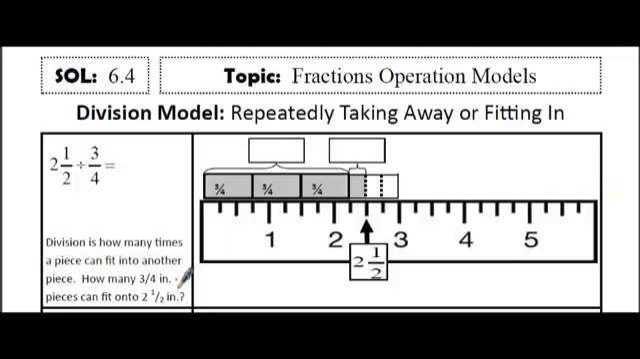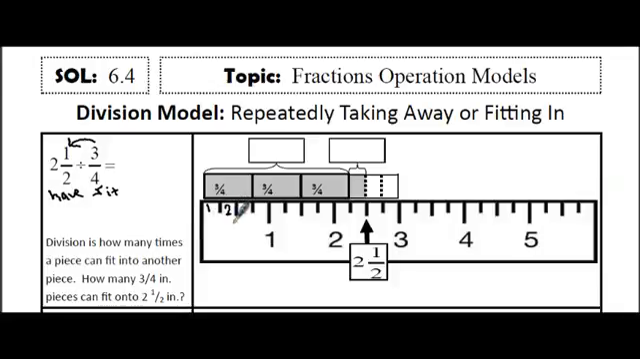Now, division is how many times a piece can fit into another piece, or how many 3/4 pieces can fit into 2.5 inches. And this is the repeatedly taking away or fitting in model. So how much you have is first, and the second amount is how much you're trying to fit in. So I have the 2.5, and I'm going to mark how much I have, and then I want to see how many times I could fit in a piece that's 3/4 of an inch long,